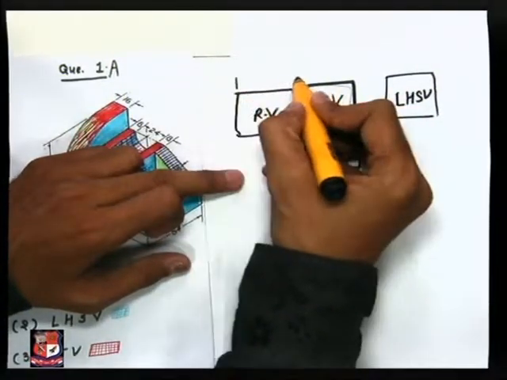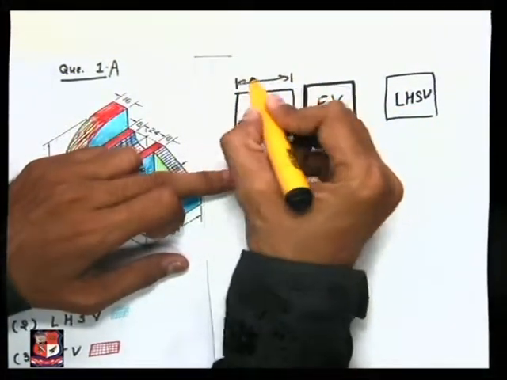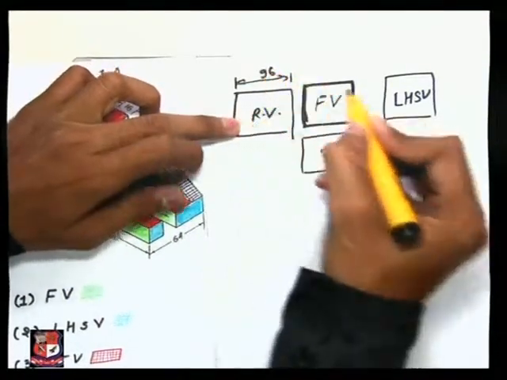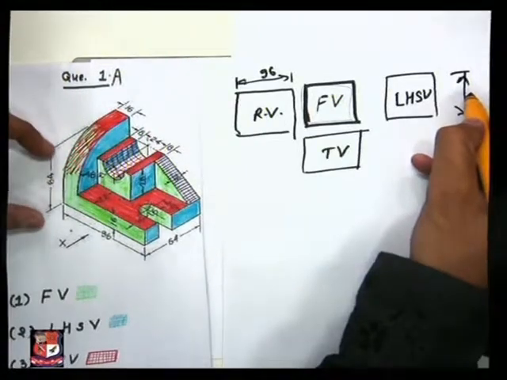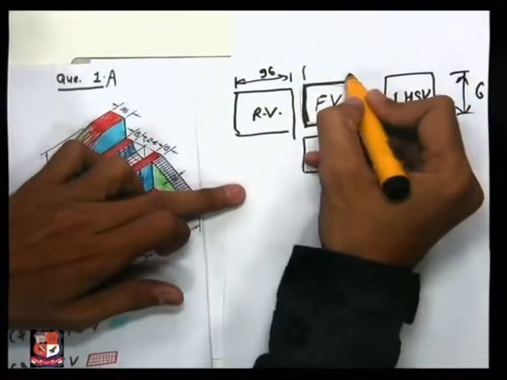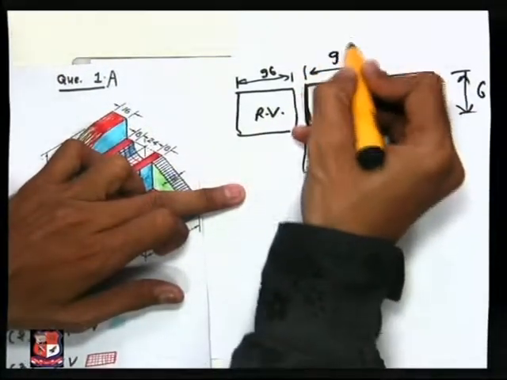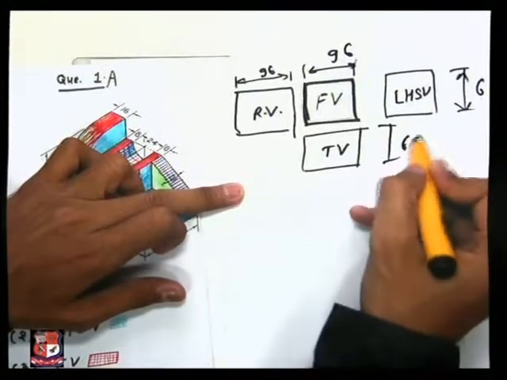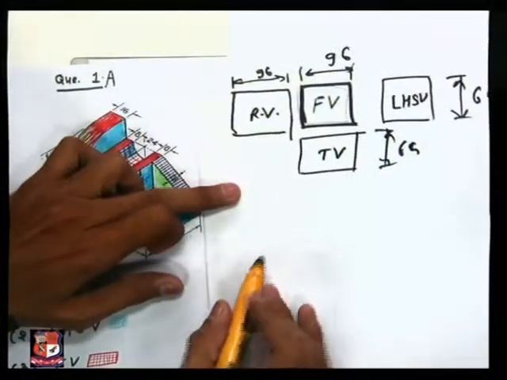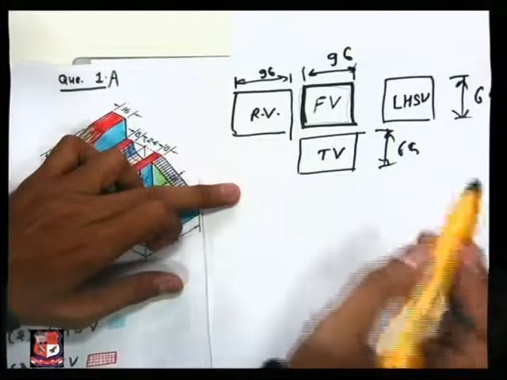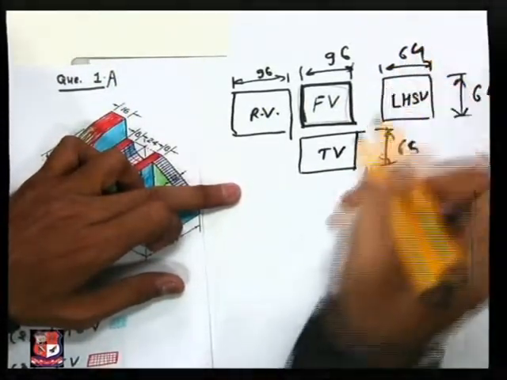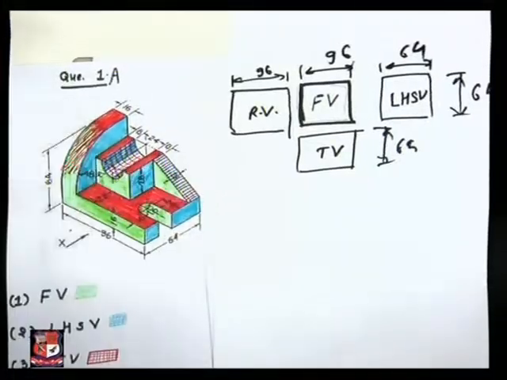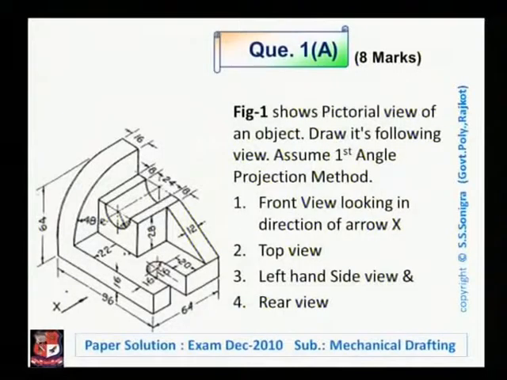Its dimensions are known to us. For rear view, width is 96 mm, and for all these 3 views, height is 64 mm, and this width is also 96 mm, this height is 64, and so on. So first decide all these parameters, and according to these parameters this width also would be 64. According to these parameters, let me draw rectangles of this dimension like this.